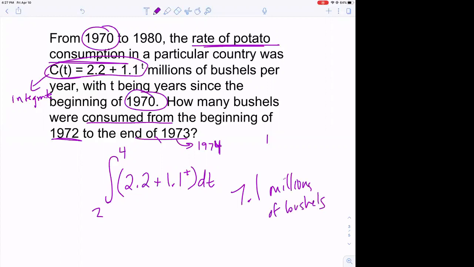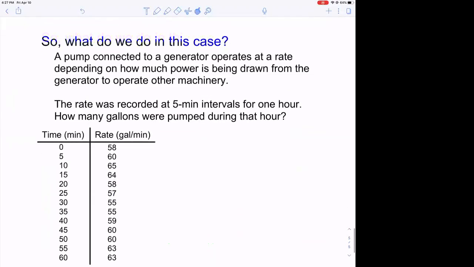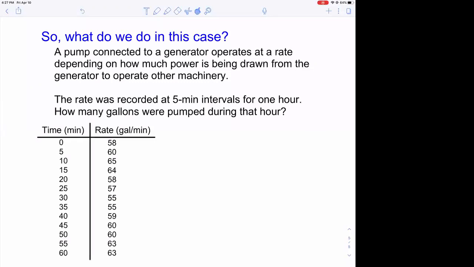I'm going to save the craziest problem for last. So I'm about to jump past one that I'll come back to. But here is one where you're going to do almost the same thing. Like you see here, it says a pump connected to a generator operates at a rate depending on how much